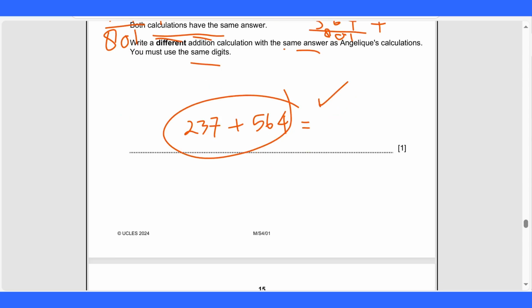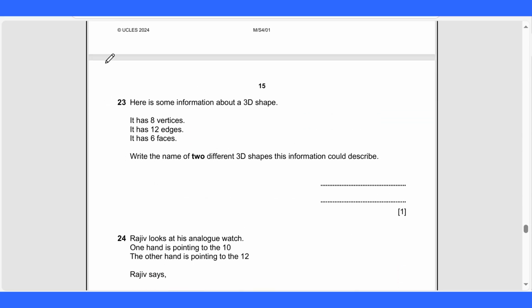Let's move on to number 23. Here is some information about a 3D shape. It has 8 vertices, 12 edges, 6 faces. Write the name of 2 different 3D shapes this information could describe. Okay,